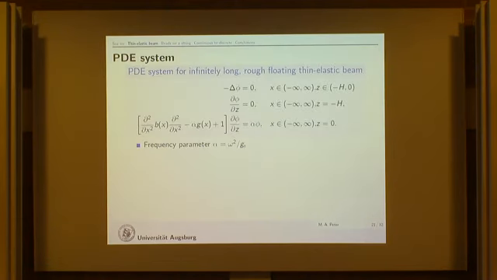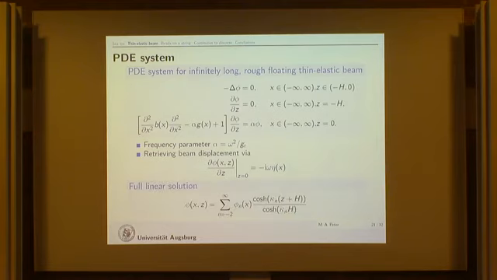Okay, if I do that, then of course my PDE system looks slightly nastier. I have the Laplace's equation in the domain. I have the no flux condition at the seabed. I have the beam equation as before with, again, continuously varying B and G. My frequency parameter is now just slightly shifted by gravity, but otherwise it's the same thing. And I can always relate beam displacement and potential by this standard